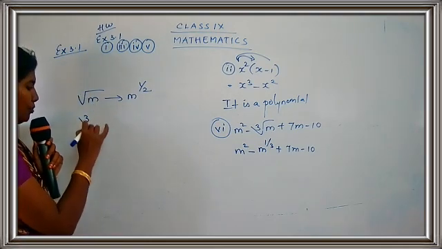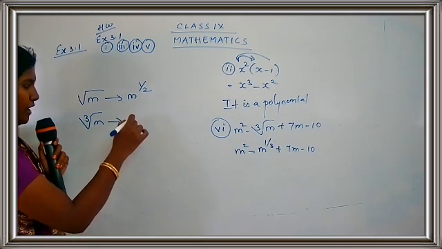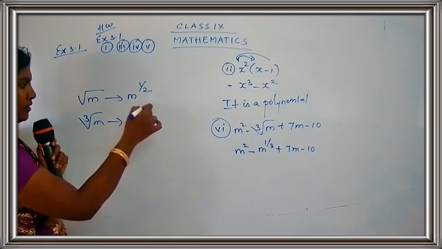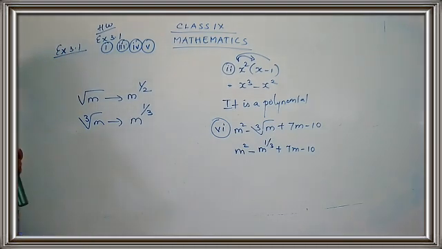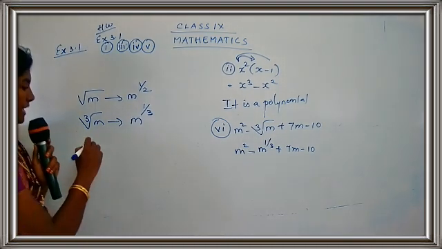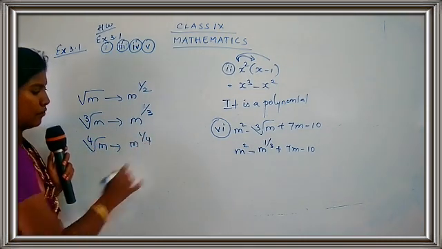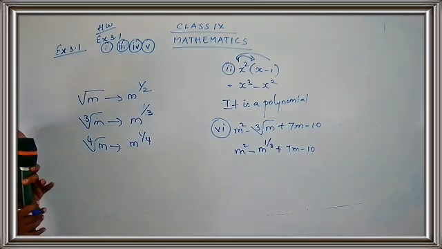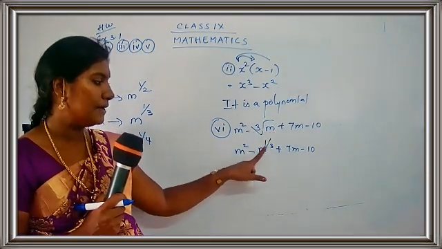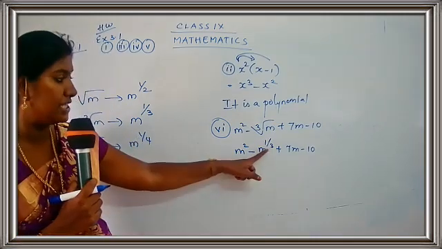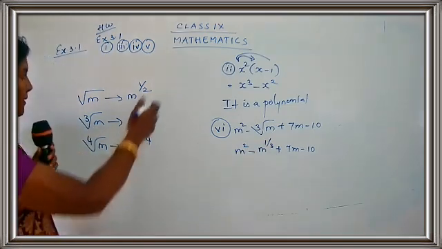Now you have cube root of m. That was this part. When you have cube root of m, you have to write m and express this in the form of 1 by 3. So cube root of m means m raised to 1 by 3. Then if you have fourth root of m, it will be written as m raised to 1 by 4. Getting the point, children? So what will be the value for cube root of m? Cube root of m will be written as m raised to 1 by 3. So please make the changes over here, children. Cube root of m is m raised to 1 by 3. So just remember this method.